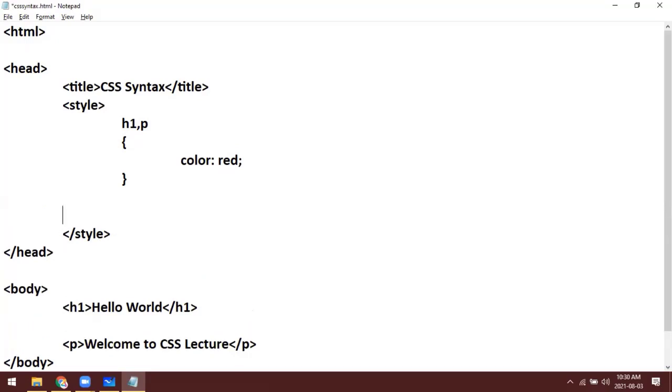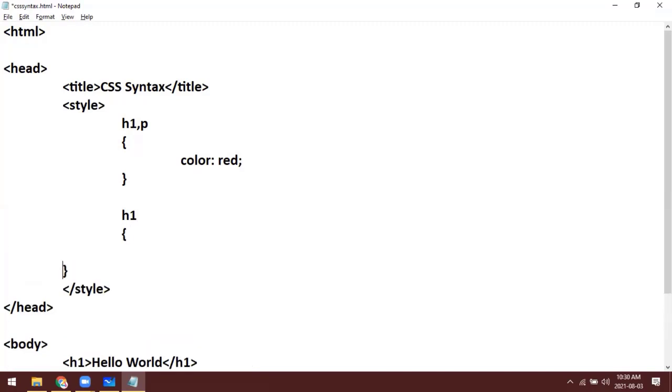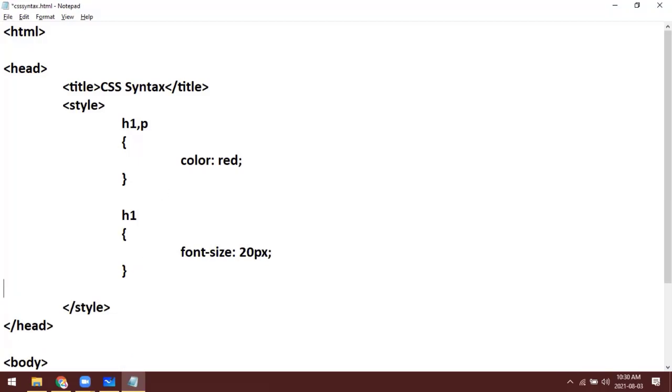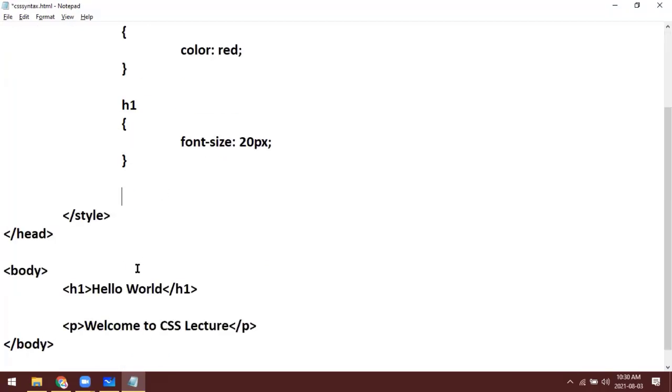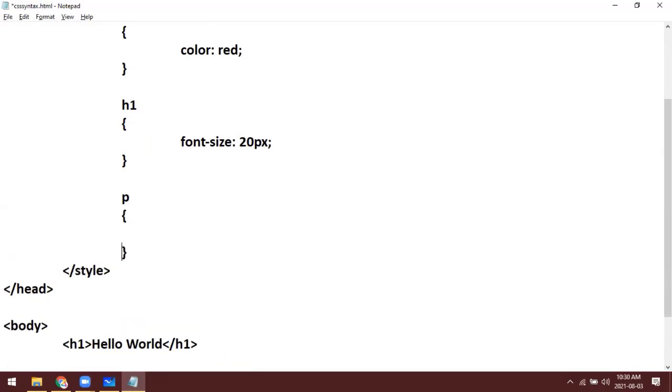For example, for all the headings, for the h1 tag, I can give the font size 20 pixel, whereas for the paragraph I can give font size just 14 pixel.